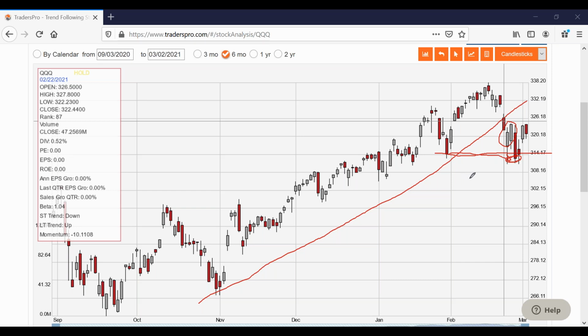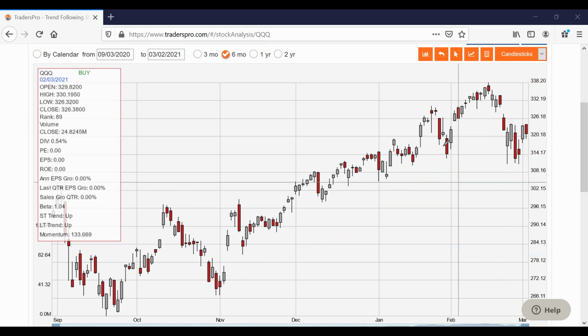So even if the other indexes break out and go higher, and the NASDAQ would probably go up with it, I don't see the NASDAQ breaking above this high. And again, look at the behavior here. You have impulsive up, you have impulsive down, and then what's been happening since that impulsive move down? It's been more kind of back and forth, choppy. That behavior increases the probability that at some point we're heading lower.